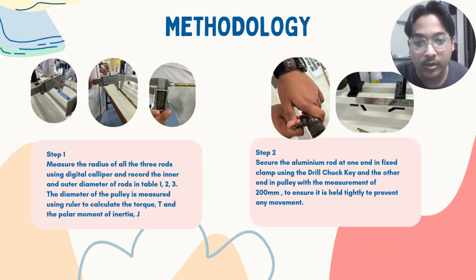So for the methodology, firstly with step 1, measure the radius of all three rods using a digital caliper and record the inner and outer diameter of the rods in tables 1 to 3. The diameter of the pulley is measured using a ruler to calculate the torque T and the polar moment of inertia J. Second step is to secure the aluminium rod at one end in the fixed clamp using the drill chuck key and the other end in the pulley with a measurement of 200 millimeter to ensure it is held tightly